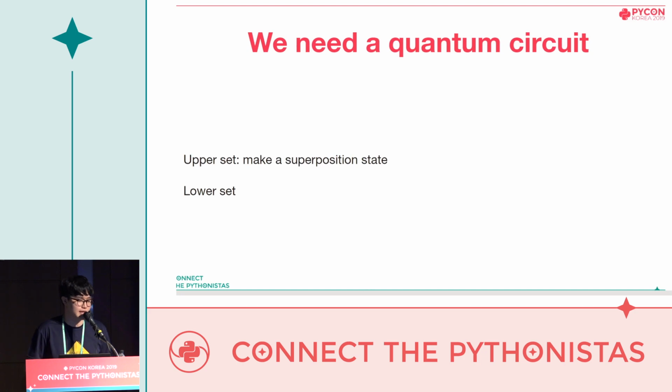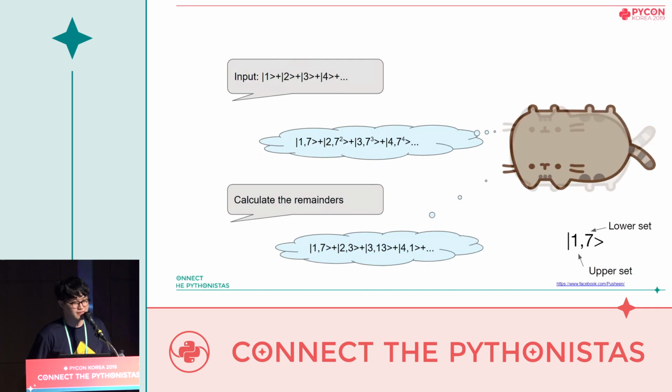In the circuit, we need to separate the bunch of qubits into two sets, upper and lower. The upper set will be applied with the Hadamard gate, so that those qubits would be in a 50-50 chance of being 0 or 1. And then we need a quantum cat, and a superposition, of course. We prepare an upper set of qubits, which are in superposition, and then we connect those with the lower set. We set the connection so the lower set represents g to the power of the upper set. Therefore, as we can see from the slide, all the possibilities of output show that the lower set has 7 power to the upper set.